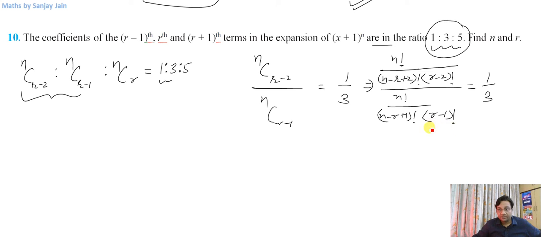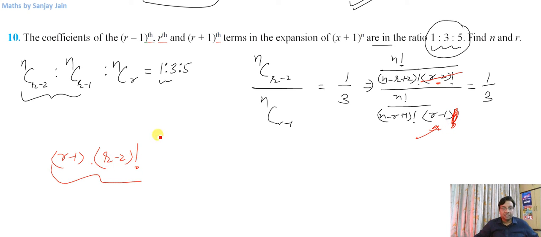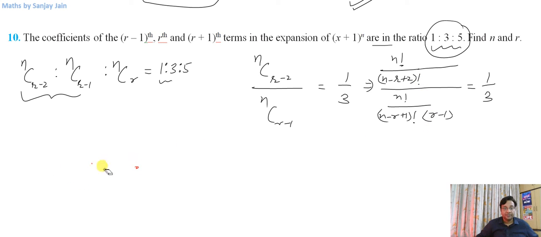So this r minus 1 factorial can be considered as r minus 1 into r minus 2 factorial, right? So this is what this term means. So if I want to cancel this r minus 2 here, I can cancel it, and from here I can remove this factorial, so I'll be left with r minus 1 here. So this is what I have done, right? You can write it in your notebooks yourself. I am removing this from here and this from here. Otherwise it will take a lot of space, and I've got limited space on this screen, but I'll keep explaining like this.